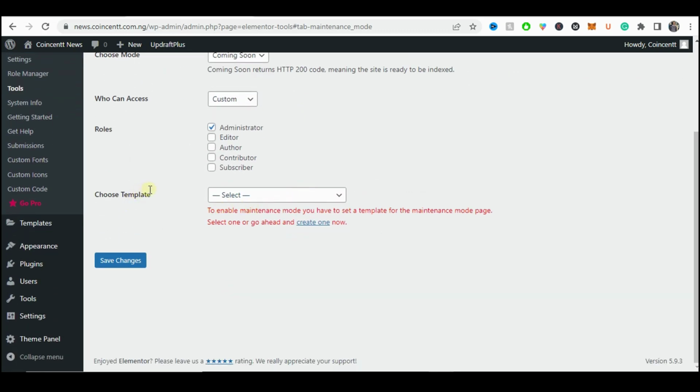Now moving on, it says choose templates. If you check here, I have a template, coming soon mode by THEWPBRO. We're not going to be using this. We're going to create a new template. It says to enable maintenance mode, you have to set a template for the maintenance mode page, or you can just say your coming soon mode page. So select one or go ahead and create one now. So we're going to create one now,